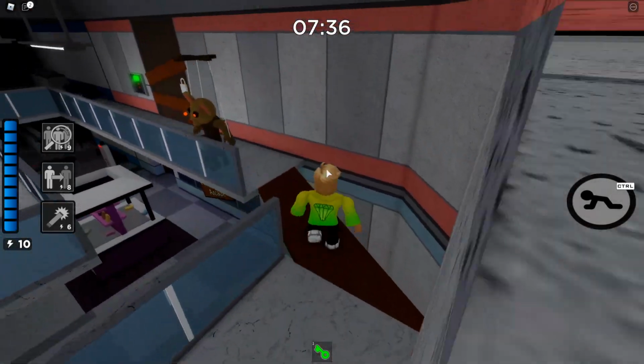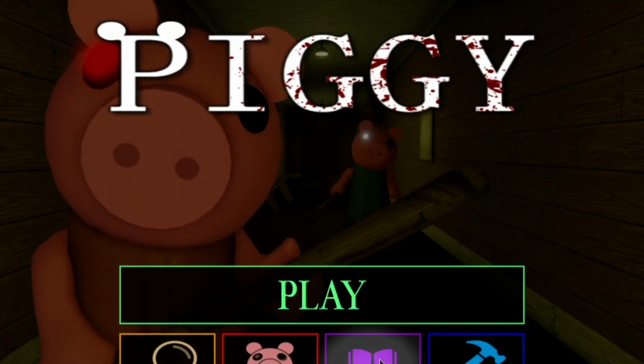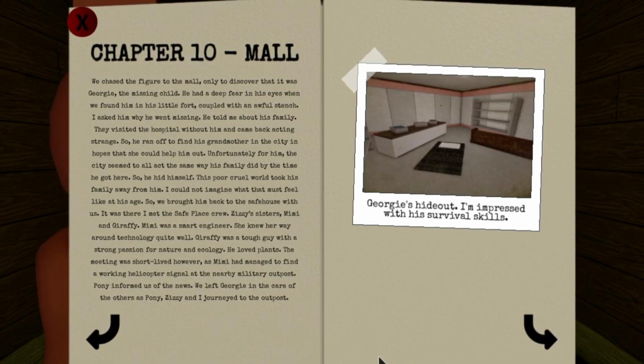There we go, guys, the 6th note. So let's jump right into Piggy, and not gonna lie, guys, doing this in a VIP lobby with the Mikey Mob makes it super easy. But with that being said, guys, the chapter 10 mall journal entry says, we chased the figure to the mall